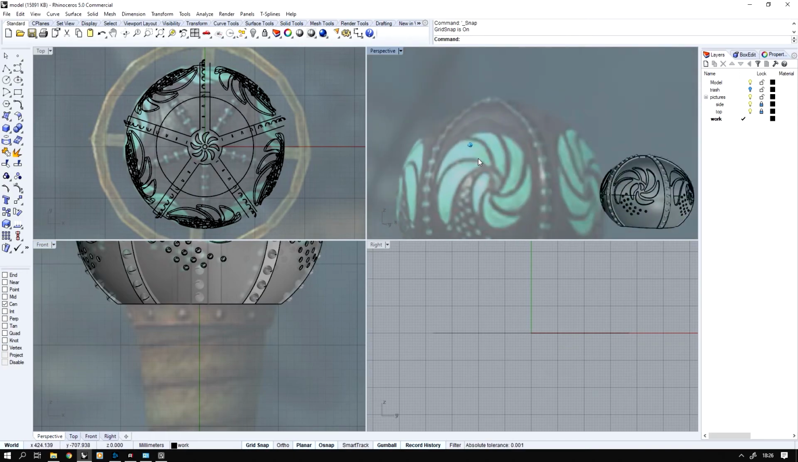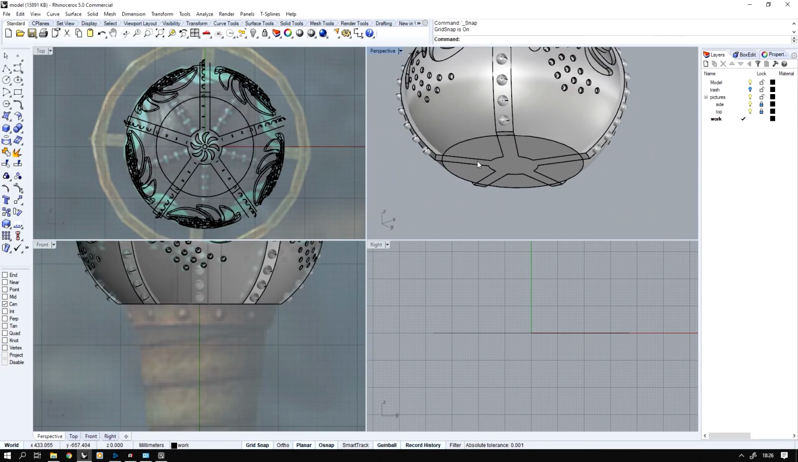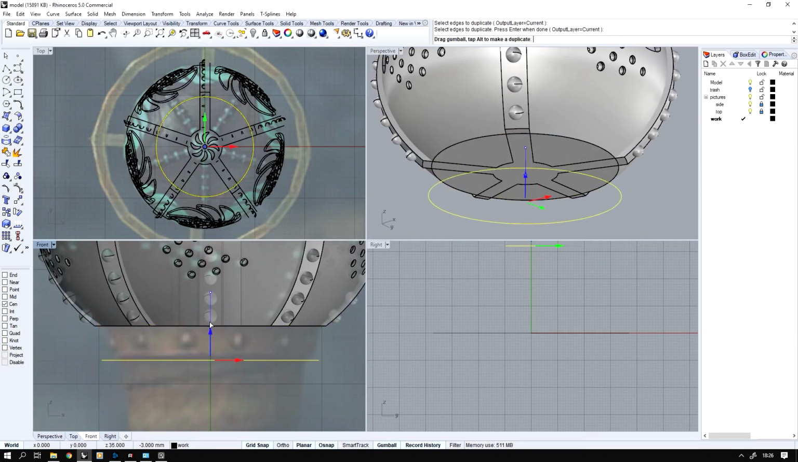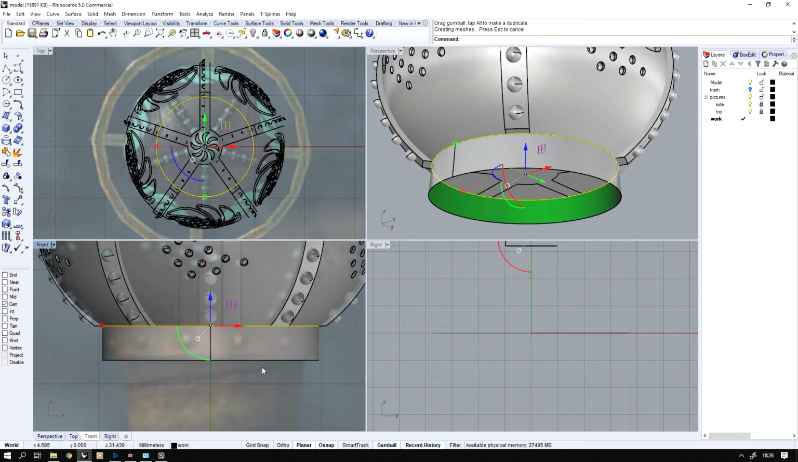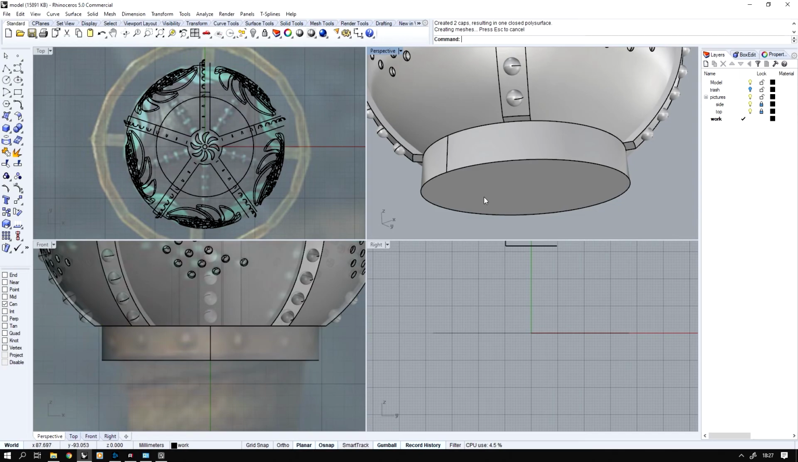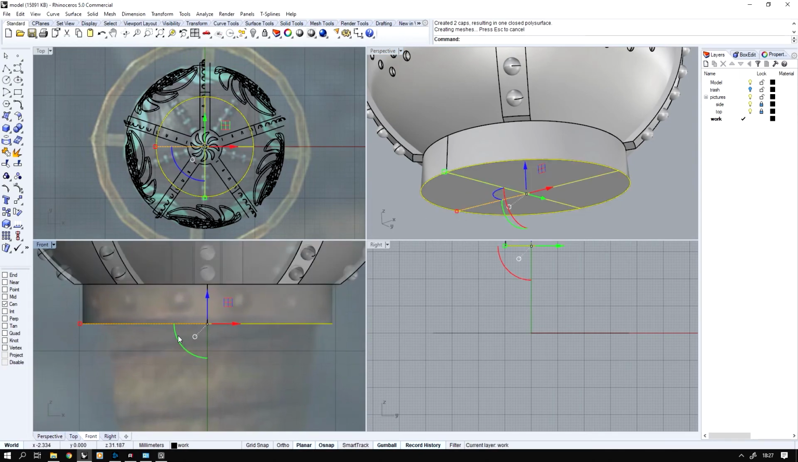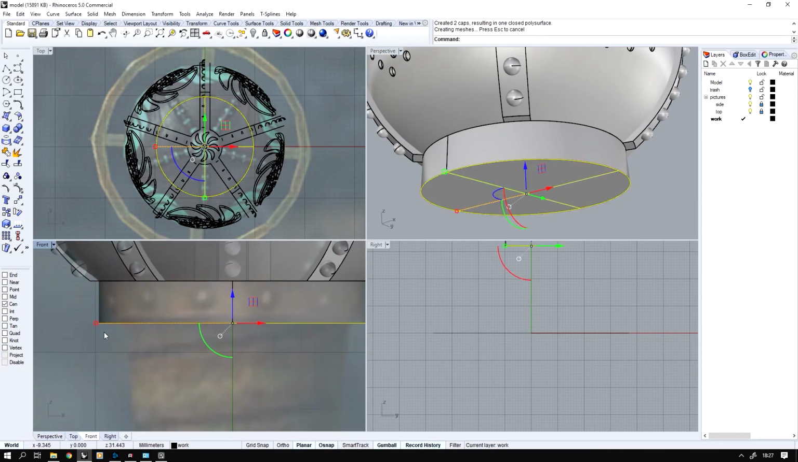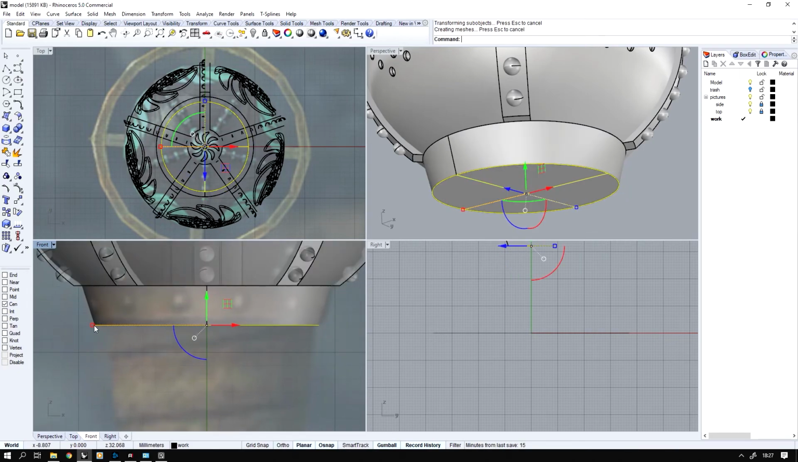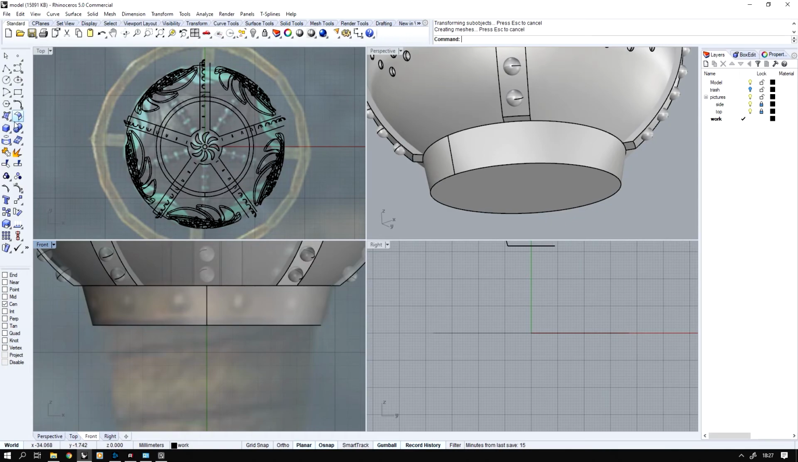For this I will copy this edge and extrude it down. Now close the holes. Select the bottom surface and scale it in the X and Y axis. Something like that. Okay, now let's add the spherical part